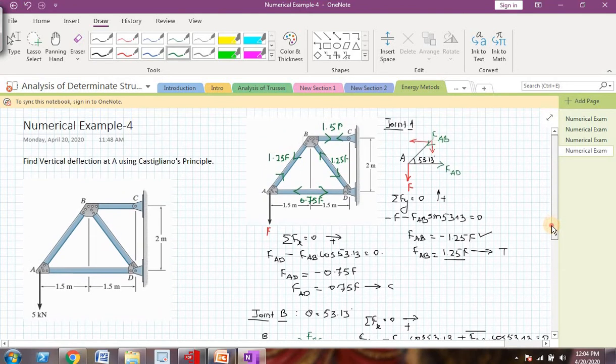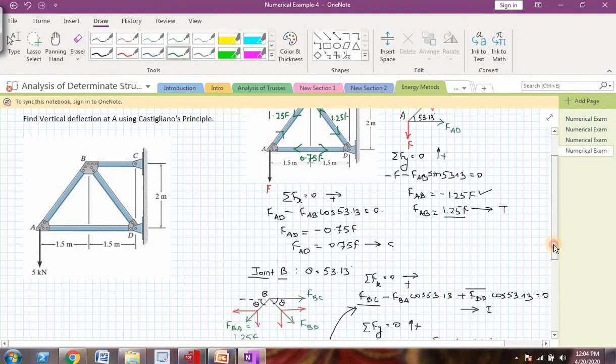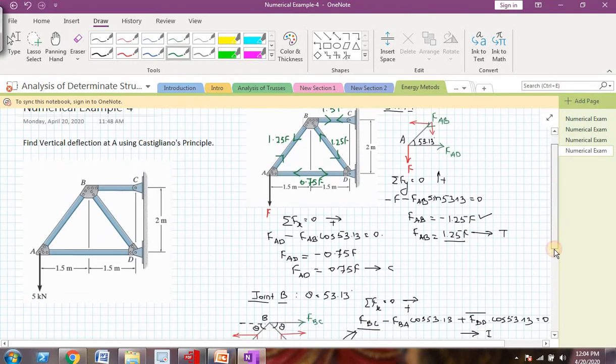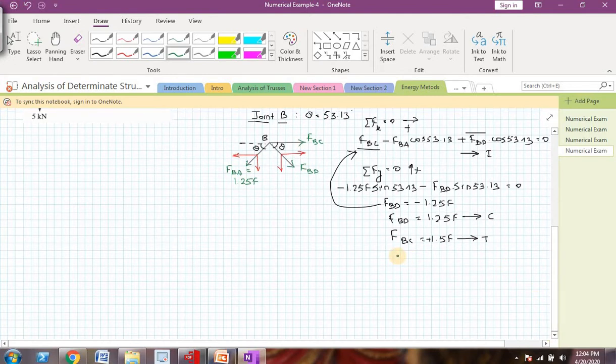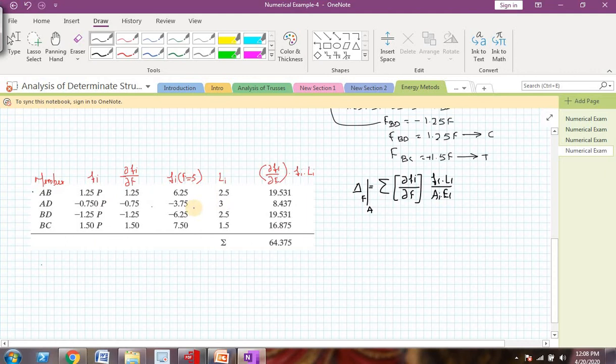Okay, so we have found all the forces in the truss, and let me summarize them in the form of a table. Okay, I have summarized that table. These are the members and these are the forces in the members of the truss because of application of F load. I think it should be actually F instead of P. I'll just rewrite that. Okay, so instead of P it should be actually F. Some people use P also, no problem with that.